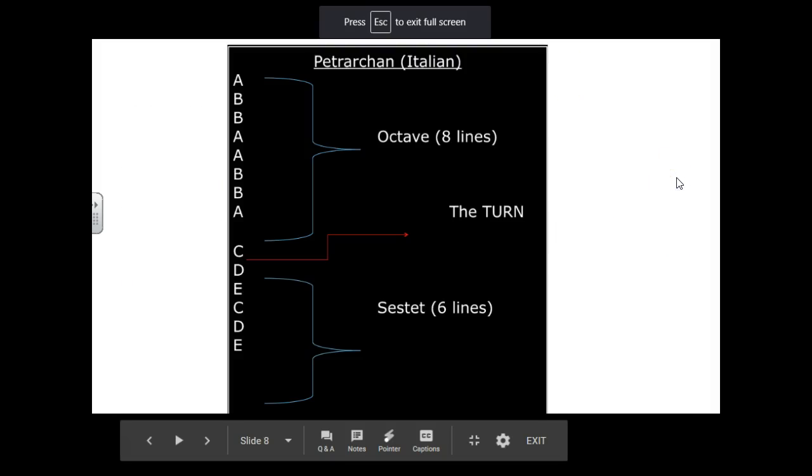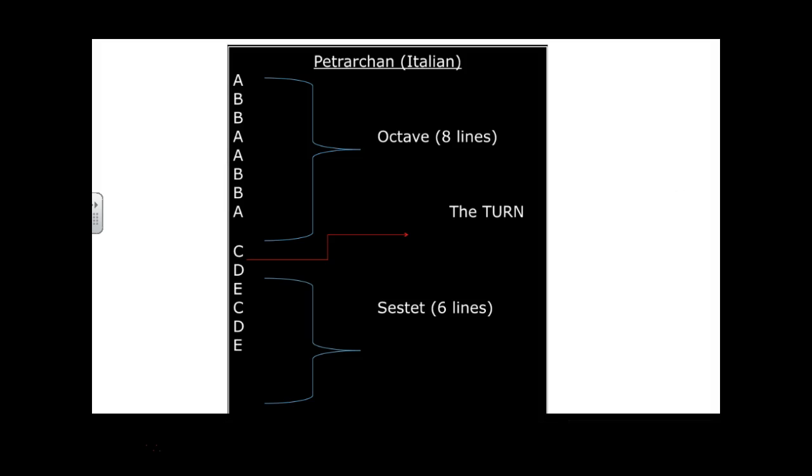Okay, let's check this out. So, in an Italian sonnet, do you guys see how it's formatted? Okay. So we have the different rhyme scheme. It's ABBA, ABBA. It's no longer AB, AB, CD, CD. It's not like that anymore with the Shakespearean. So you have your octave, your volta, your turn, your sestet. Okay, there's no couplet, there's no quatrains, that's it. Okay, does this make sense?